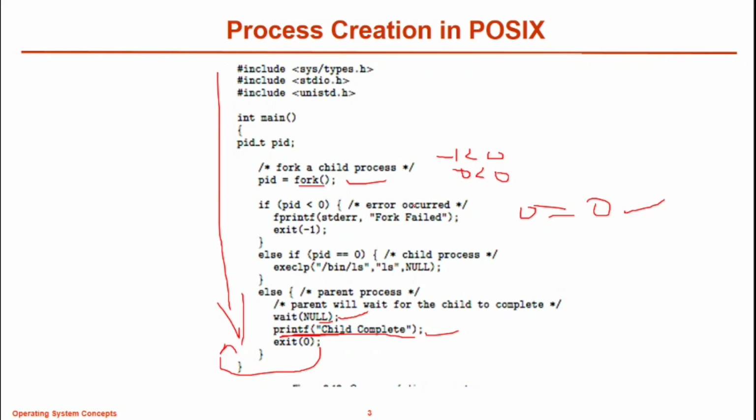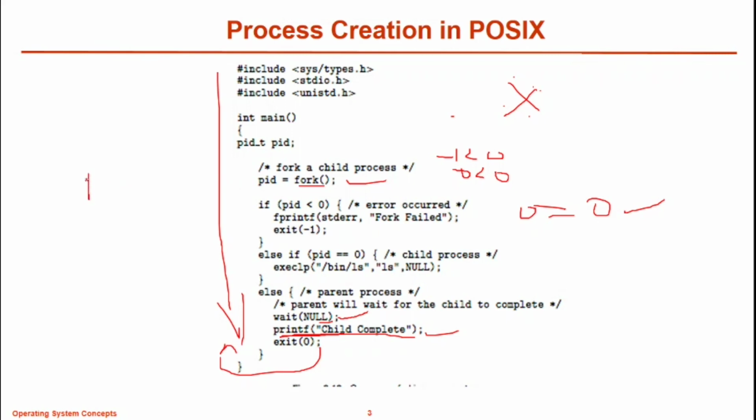After creating, when the child completes its task, it has to get terminated, then the parent process starts executing its task. So this is a very important question in the examination also. Write a C program or write code to create a child process using the fork command. If they ask, you have to write this code, and the main thing you have to remember,